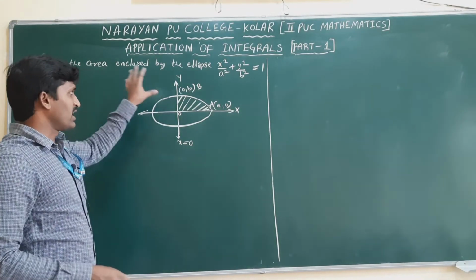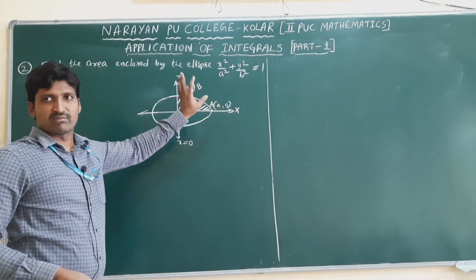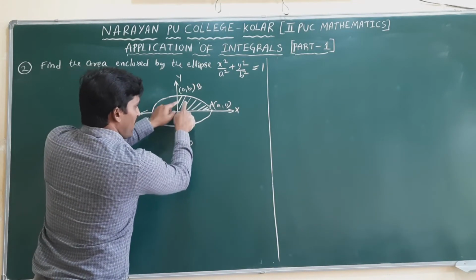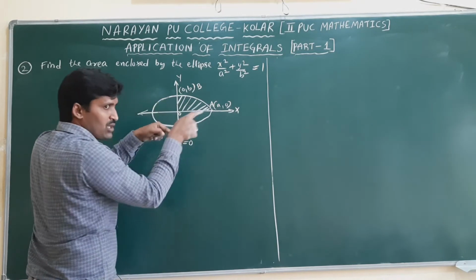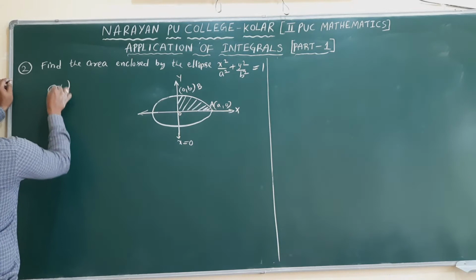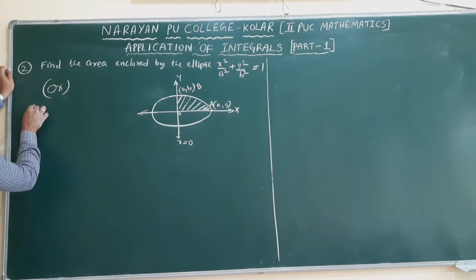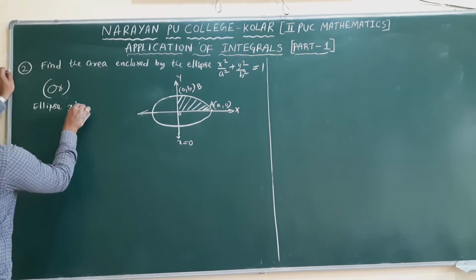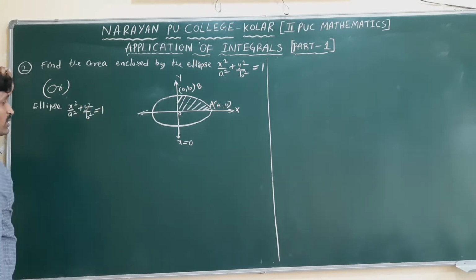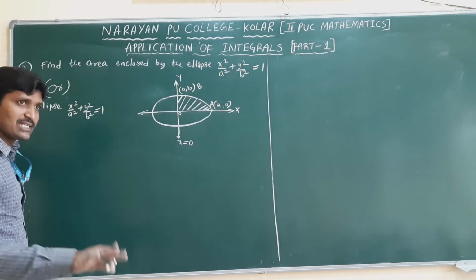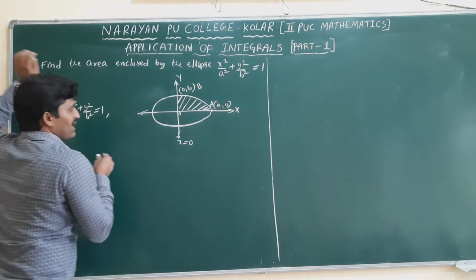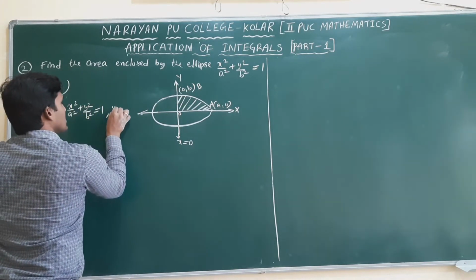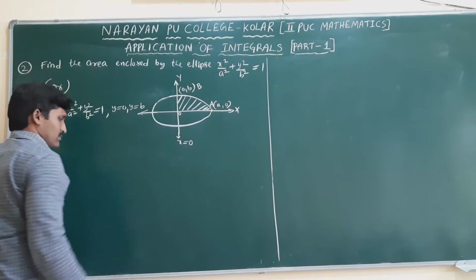Now I have done the area of the ellipse with respect to x limits, with respect to the x-axis. The same I will do with respect to the y-axis, because this part is bounded with respect to the y-axis also, not only the x-axis. That's why this is another method, same curve, the ellipse is the same, no changes. The ellipse is x square by a square plus y square by b square equal to 1. If you do it with respect to the y-axis also, we will get the same answer. I will take y limits. Along the y-axis, the limits are 0 to b, so y equals 0 to y equals b.